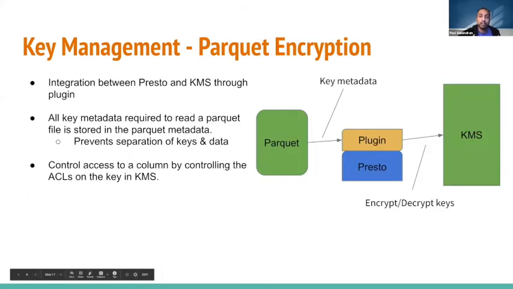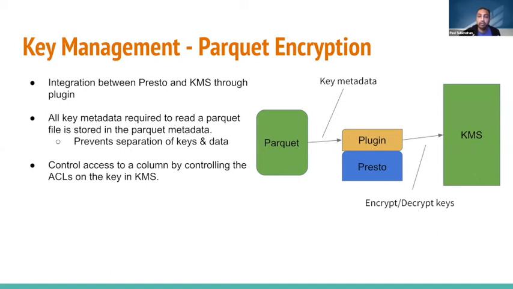Okay, now let's take a closer look at the integration between the key management and Presto. This integration is controlled through a plugin which is added to Presto to support column encrypted tables. Essentially, this plugin is just a wrapper of a KMS client, and it's responsible for taking the key metadata from Parquet and retrieving the encryption and decryption keys from the KMS. It also has the job of serializing and deserializing key metadata into a byte array, which can be stored by Parquet. And lastly, the plugin controls additional encryption properties, like setting the encryption algorithm, like AES encryption, and different types